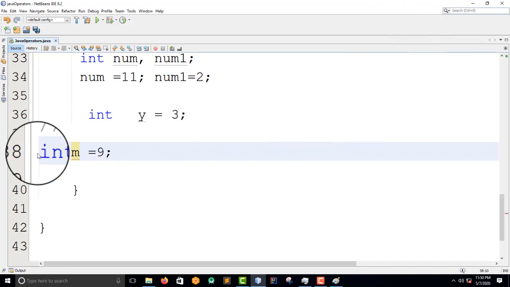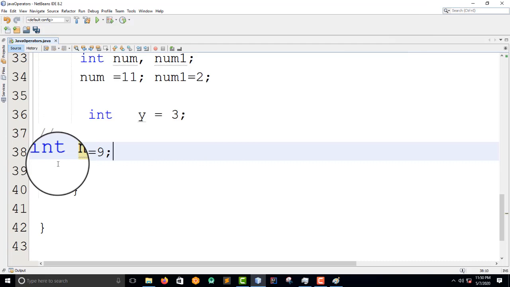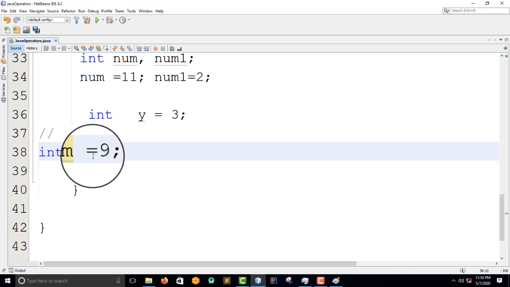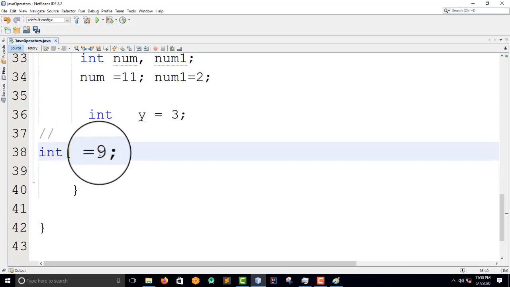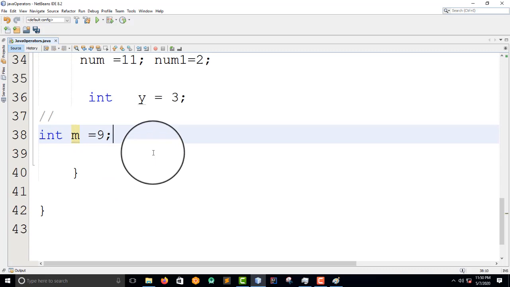So I've used the assignment operator, the equals sign, this one here, and then I've assigned 9 to a variable called m. This is the variable, this is the assignment, and this is the value. So that is it.